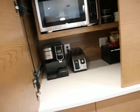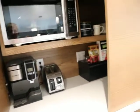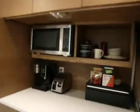This is a really terrific feature here. This beautiful wood turned out very, very nice. And in here, this is actually a workstation that I designed so that my client can have her little breakfast bar, snacks and things, and it can actually